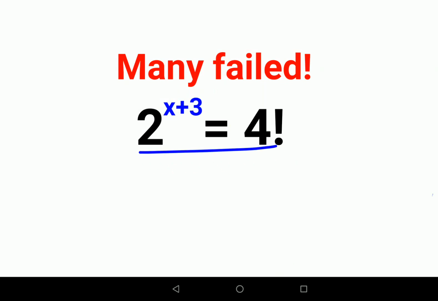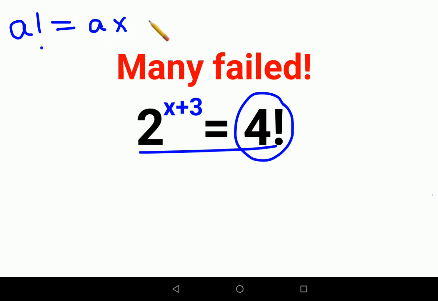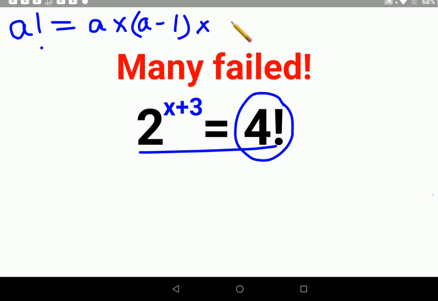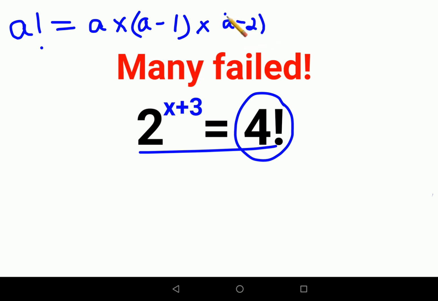First, a very important thing: let's understand what is 4 and then an exclamation mark. Whenever you have a number followed by an exclamation mark, we take it as the factorial of that number. Now what does factorial mean? Factorial means nothing but the product of consecutive numbers in decreasing order, until you reach 1.